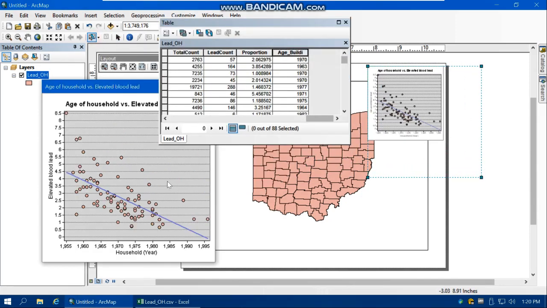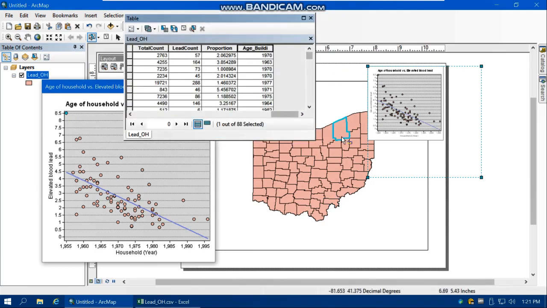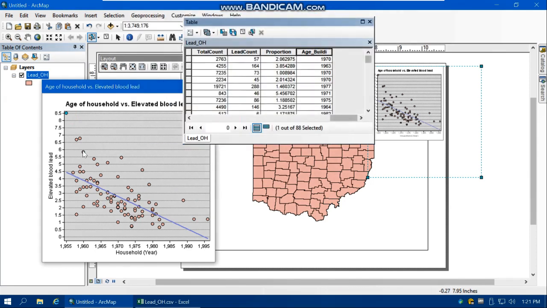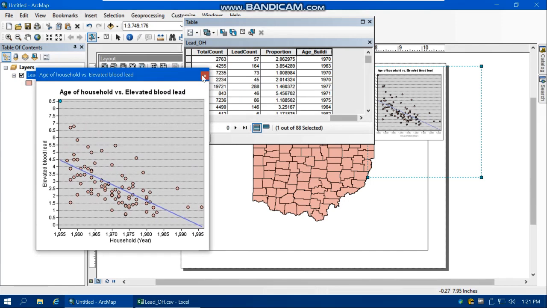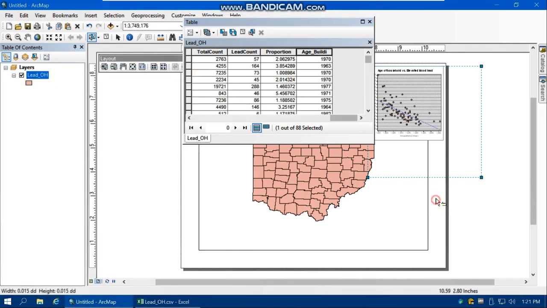If you select, for example, this county, you can see one county will be selected. So for example, you want to see which county has very old age of the household and median age of the household, and also elevated blood level. Where is this county? You can only select this and you can see this is here. Okay. So it's very interesting. And the next thing is, you can add this into your